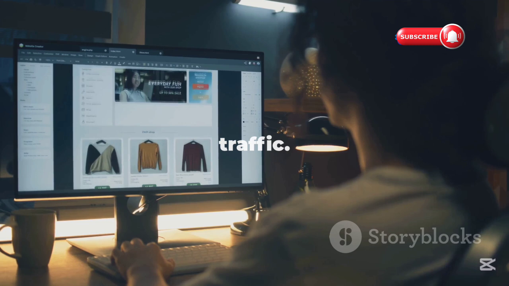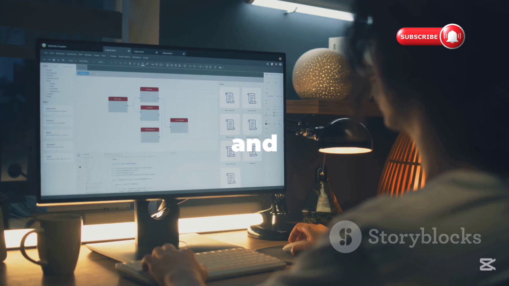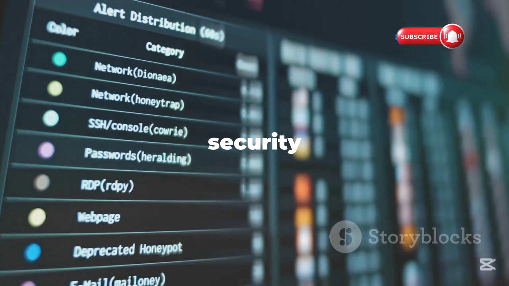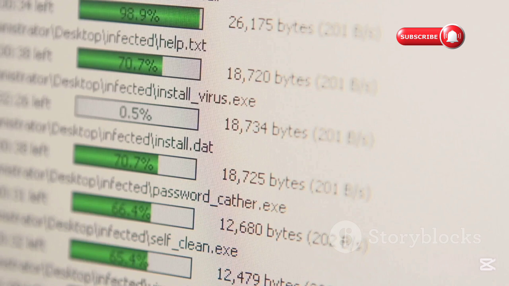You are now ready to intercept and modify web traffic. Browse to any website. Burp Suite will capture the requests and responses, allowing you to analyze and manipulate them. You should see the requests and responses in Burp Suite. This is where you can start your security testing, looking for vulnerabilities and understanding how data is transmitted between the